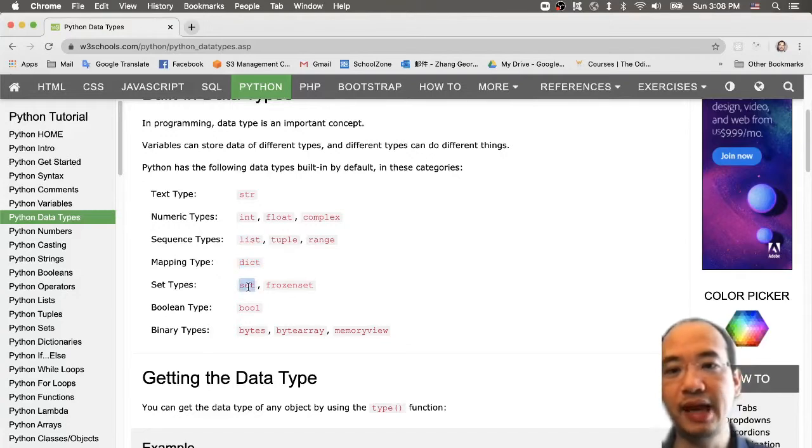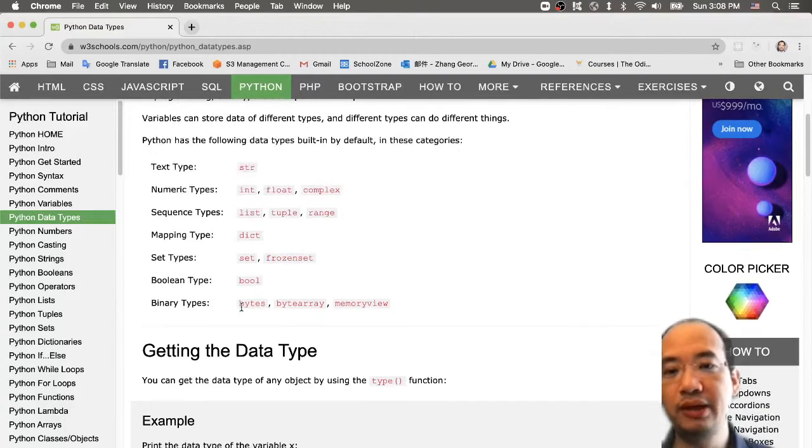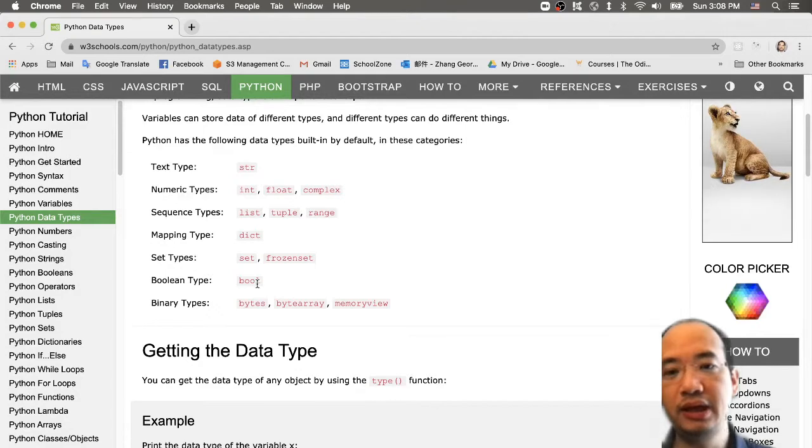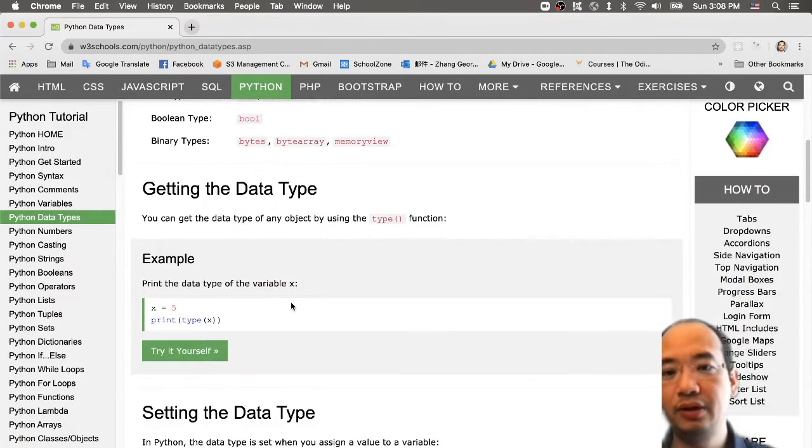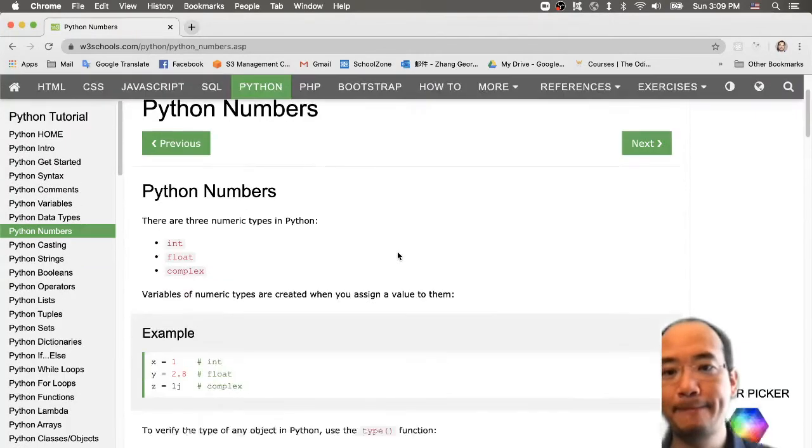Also, we have set and frozen set, and we haven't covered that yet. And of course, we learned boolean, and boolean is just two values, true or false. So not a big deal. And binary types, no, we haven't learned this yet. And then we just go for number. So we just cover integer and float,